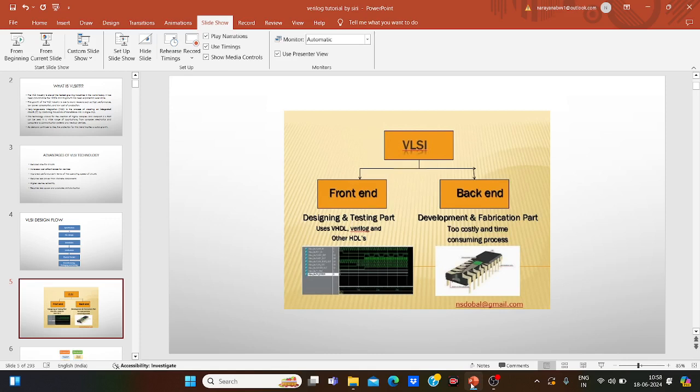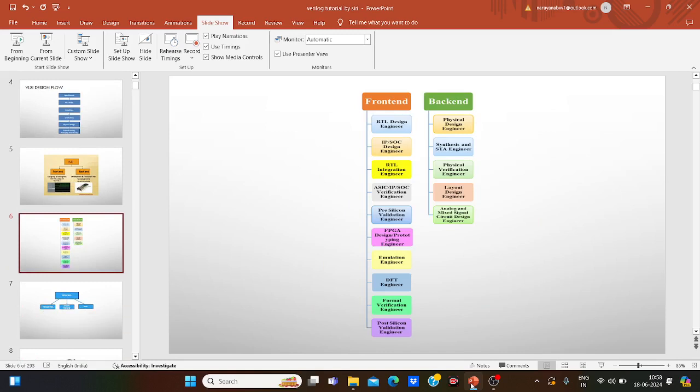And then after this process of designing and testing is done, it goes to the back end for manufacturing. Okay, so basically this is the thing that is being done. And when coming to the opportunities, I already told you